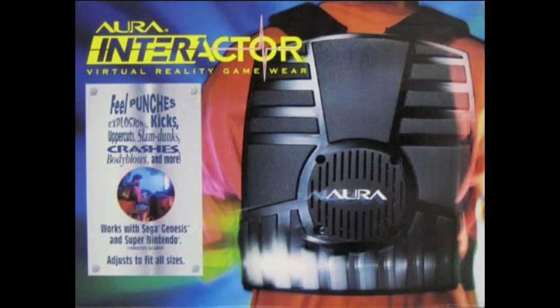The first commercial haptics vest was this thing called the Aura Interactor, which I thought was neat. It was kind of like a wearable subwoofer, and you could feel punches, explosions, kicks, uppercuts, slam dunks, crashes, and more. So it was for gaming. Gaming often has new technology. There were these VR haptic suits, but they were very, very expensive. But gaming is actually kind of where this haptic technology